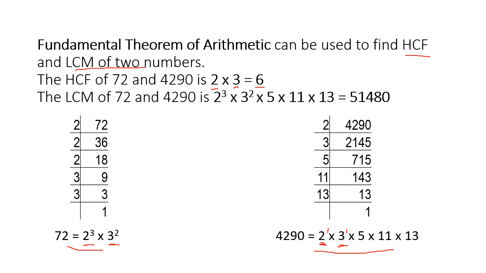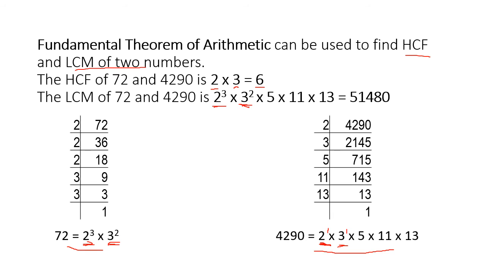Okay, so this was prime factorization, and using the prime factorization, now we find the LCM. In LCM you take the common factors only once, but all the other factors you have to take. But here you have to take the greater power. So again I have got 2 raised to 3 here and 2 raised to 1 here. So 2 raised to 3 is greater. So this time in the LCM I take 2 raised to 3. Then 3 square is greater. So I take 3 square.